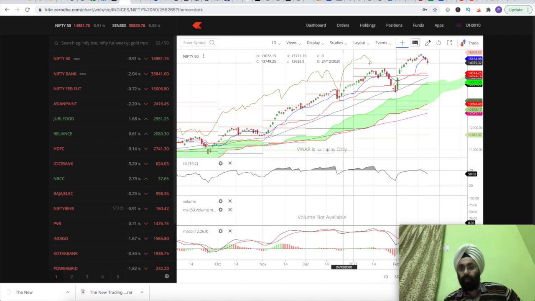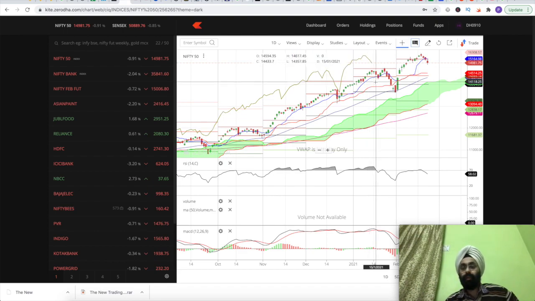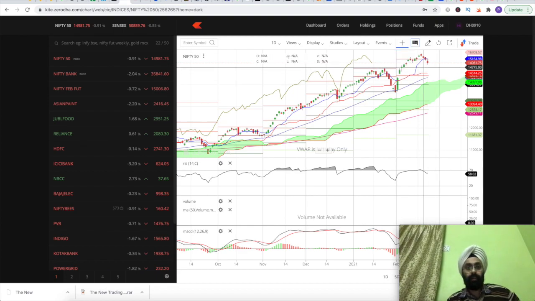So if we move one day behind the current day, the closing price was 15,180, and if we go back to 27 days, the price was the same as the closing price of the day before the last trading day. So this is the Chikou span, basically the current price plotted 26 days behind the current candle.